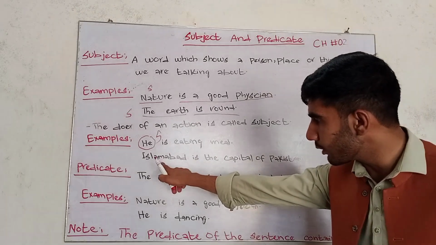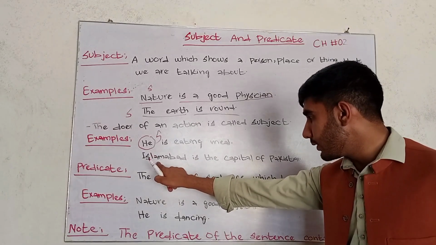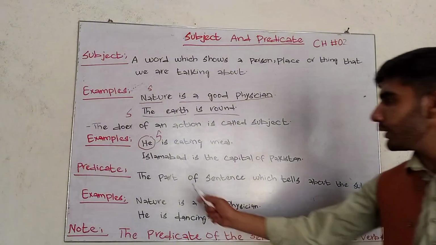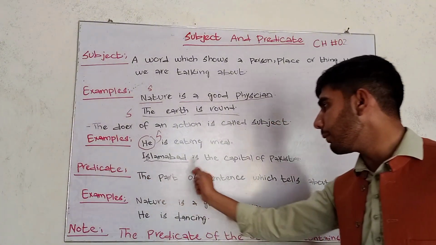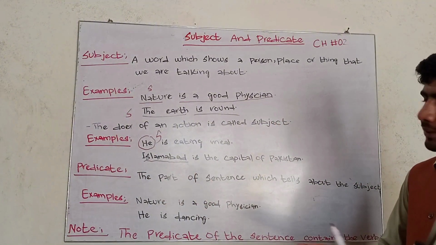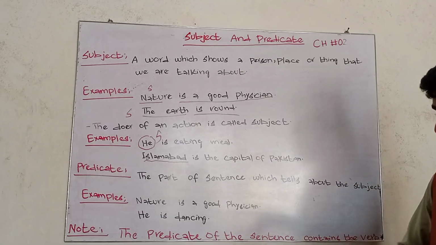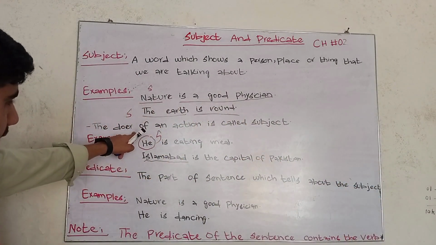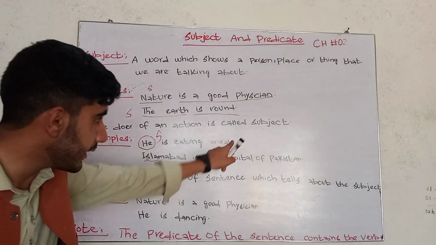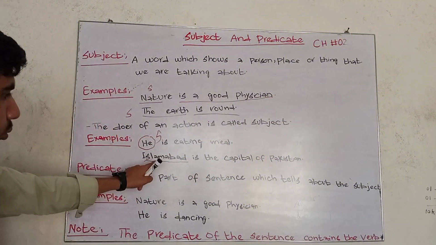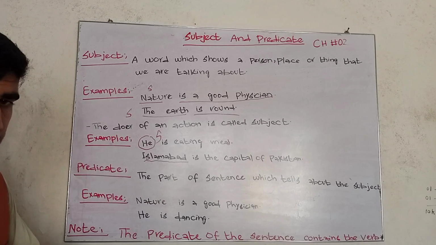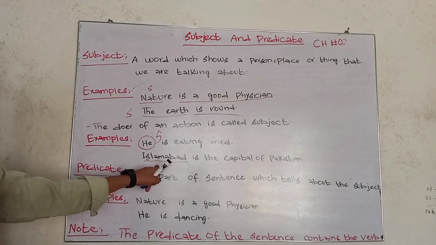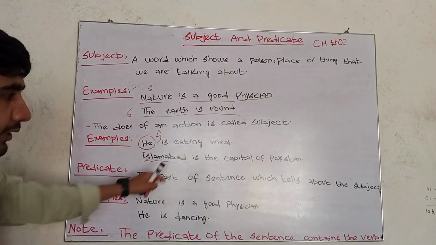If you think about the second sentence, "Islamabad is the capital of Pakistan." In this sentence, Islamabad is doing nothing. So what should we do with this example? According to this definition, the doer of an action is called the subject, but here Islamabad is doing nothing. So